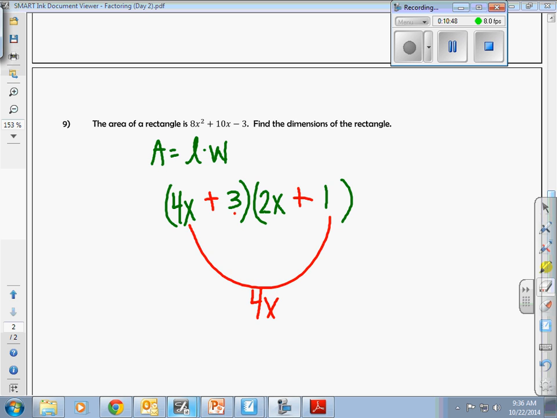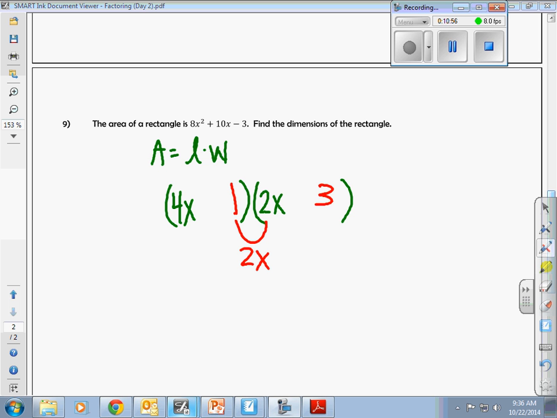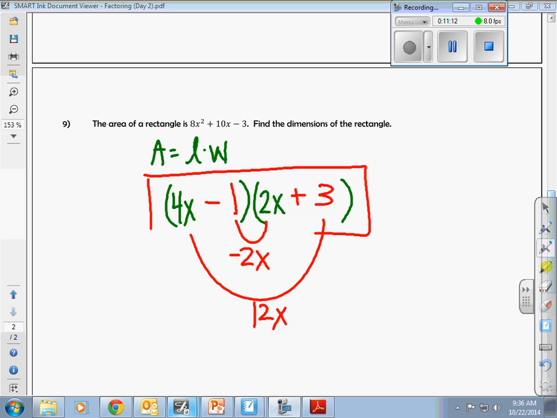If I put 1 in the first binomial and 3 in the other binomial, this gives me 2x, this gives me 12x. Using that, could I get positive 10? Well, if I subtract 2, so this would be negative, and this would be positive. Now when I multiply negative 1 times 3, do I get negative 3? Yes, I do. So here is my factored